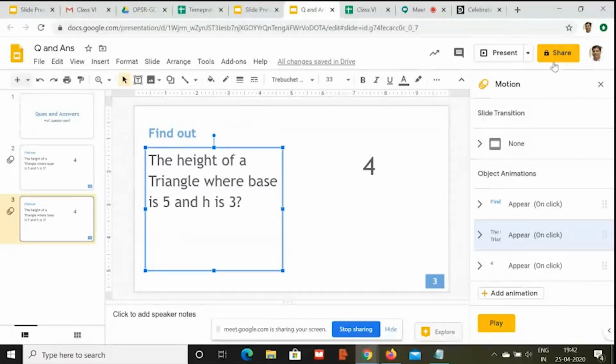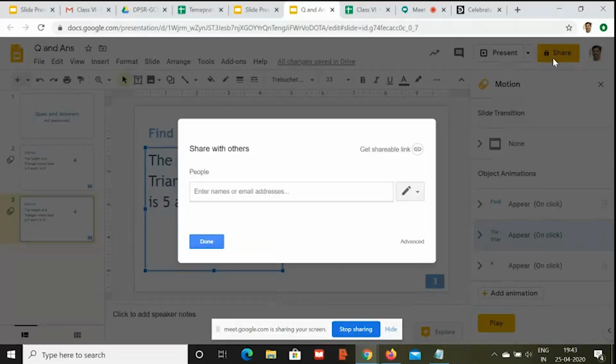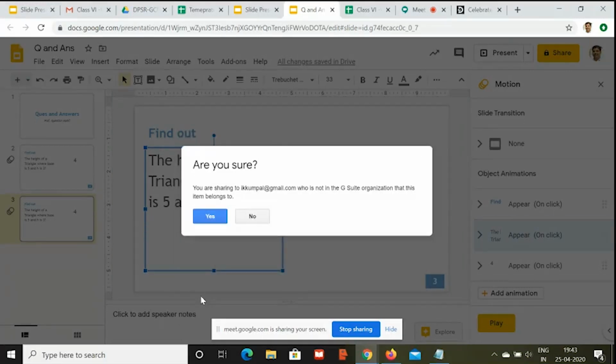I will share this slide with my personal account, which is already opened in my Mozilla Firefox. You don't have to do that because you can open the same account on Mozilla as well as Chrome at the same time. I am doing it because I don't want to waste time in logging into my account in Mozilla Firefox right now. So I have shared it on the other account, right?